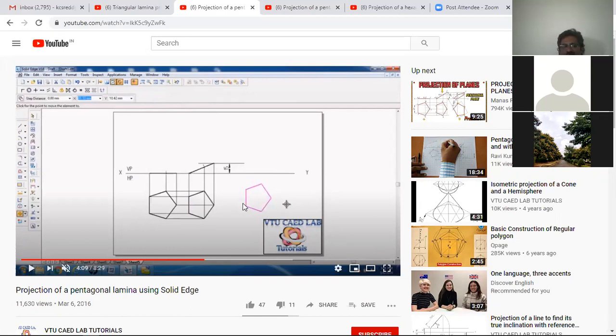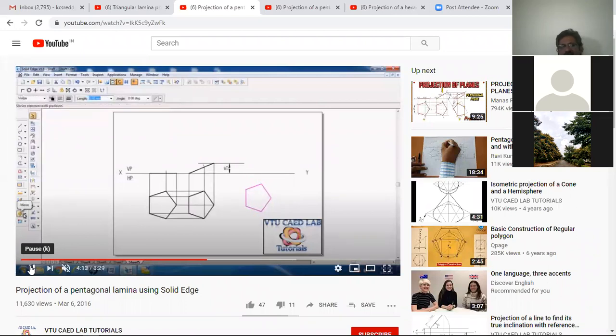He has done all the problems in the same way, so don't do like this. You people proceed by taking any one corner as a reference, and then use the move with copy command and place it somewhere else. Okay, so now I placed it here.